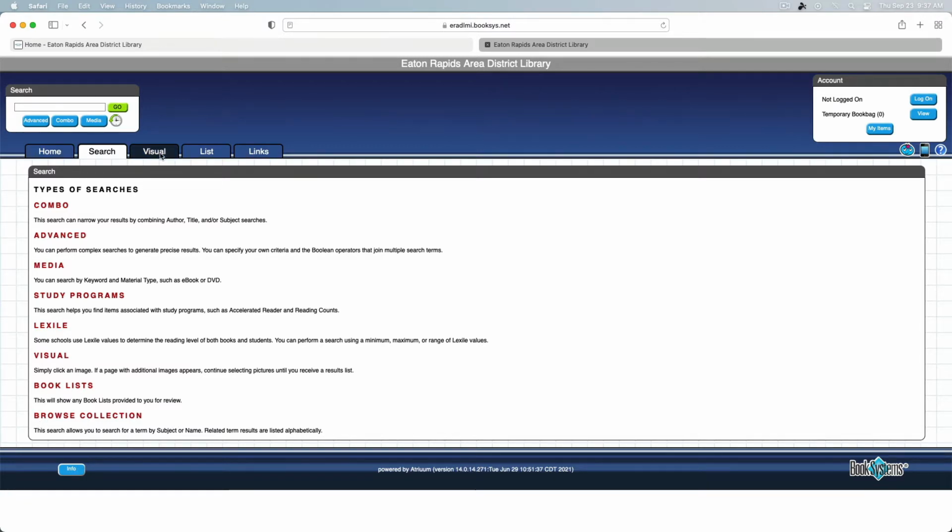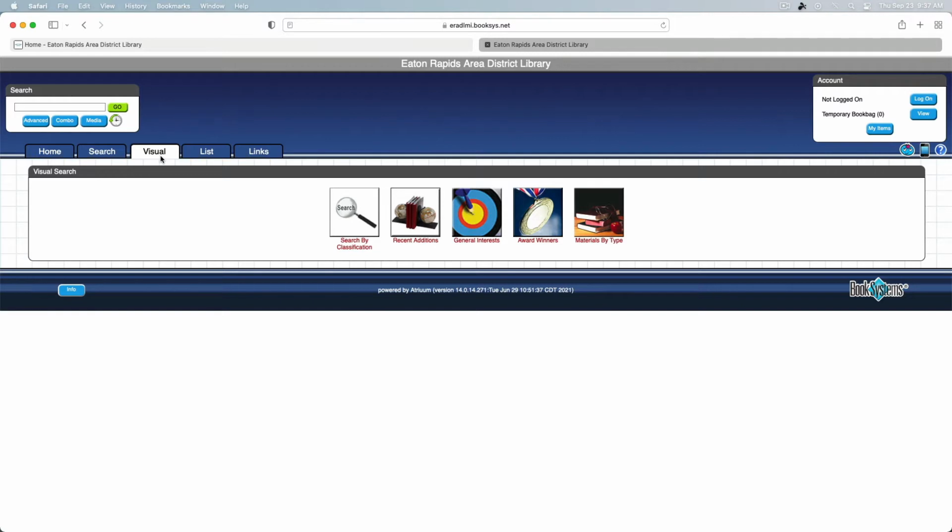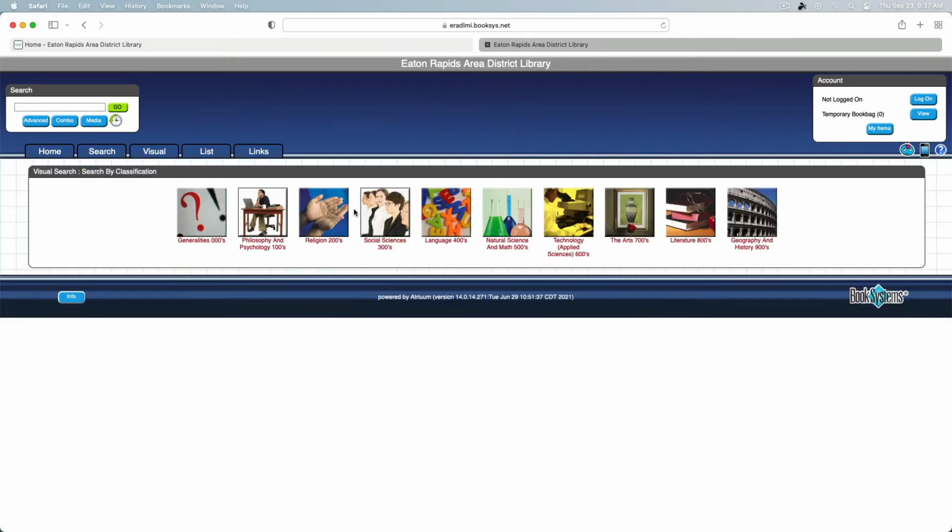The Visual tab, as I mentioned, is one of my favorite new features. If you're looking for non-fiction books especially, you can do what I like to refer to as a drill down search. They call it here search by classification. If we click this button, it lists the classification numbers of the Dewey Decimal System. So if we drill down into the triple zeros,